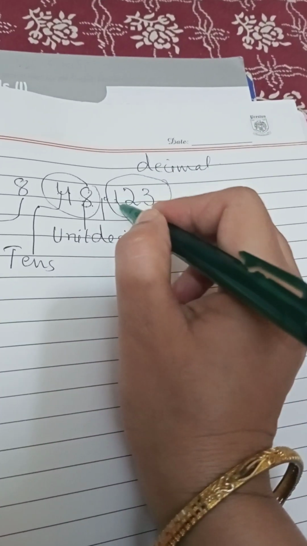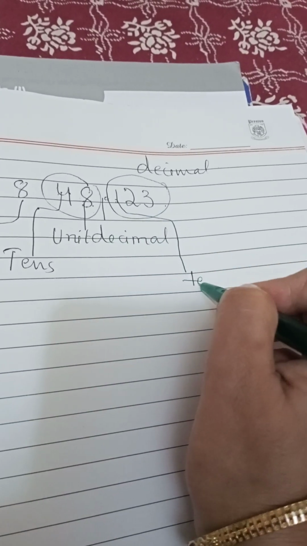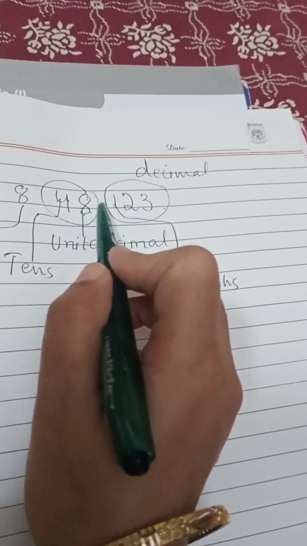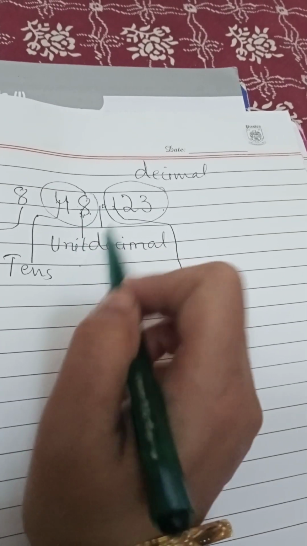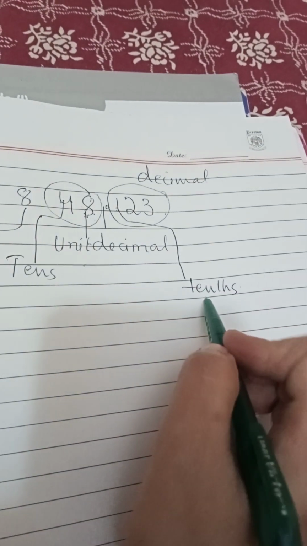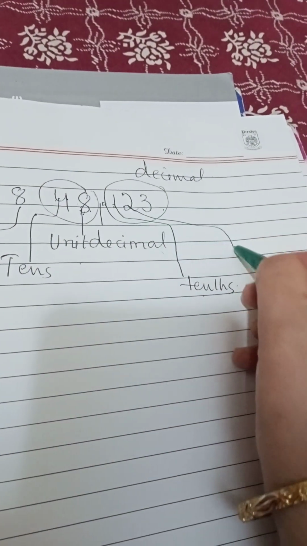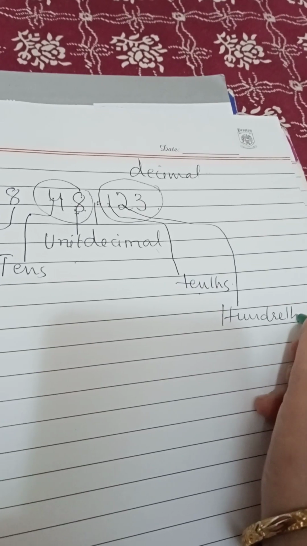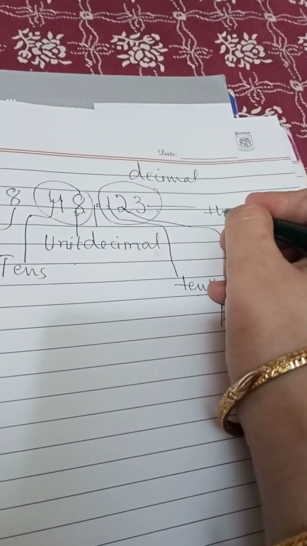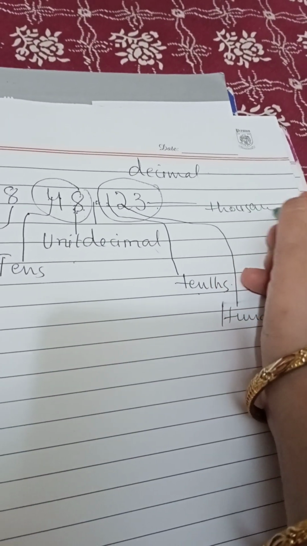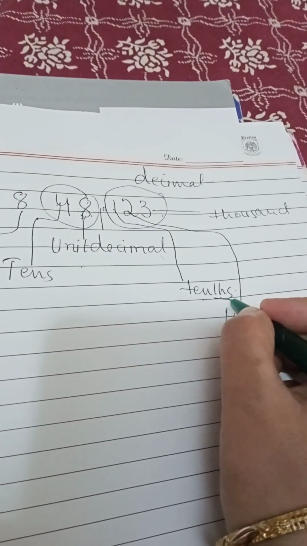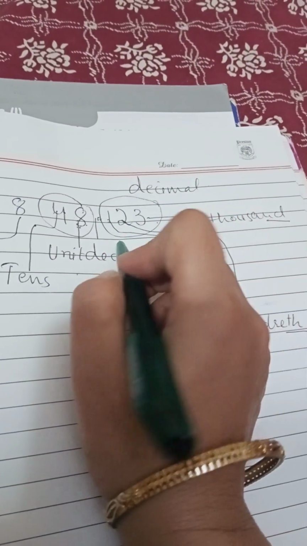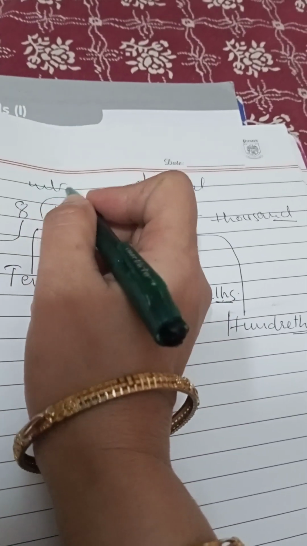And how do we read it? It's tenths. Okay, you can see here after the point the first value is tenths, then this is hundredths, and this is thousandths. Okay, that is a big difference between them. You can see tenths, hundredths, and thousandths. Okay, and this is known as the decimal part, this is the integral part. Okay,